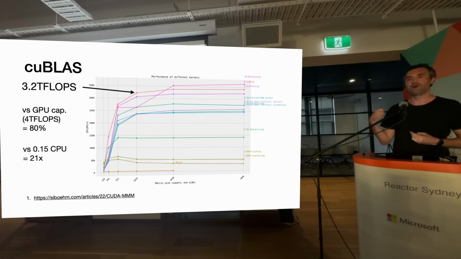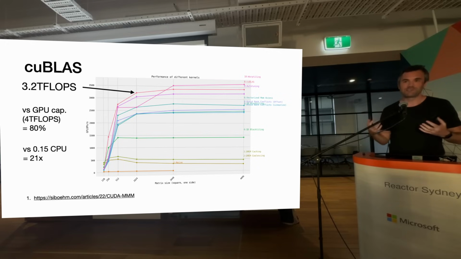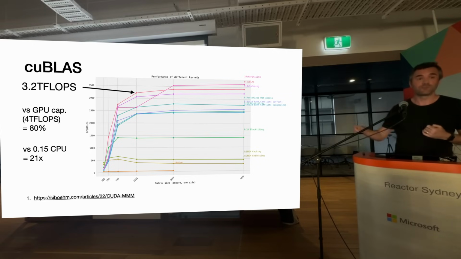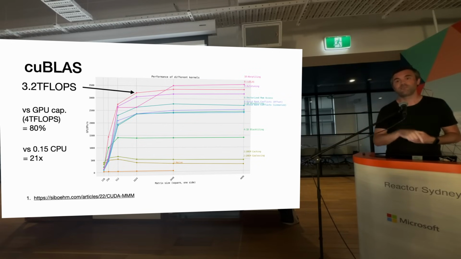Compared to our CPU from before, even with multi-threading, that's 21 times faster. This is a baby card, though, compared to what's out there. I looked just before. A 4090 has about 80 teraflops, so 20 times faster again. Then you get into the serious cards, the enterprisey cards. They actually have very bad floating point 32 performance because they have specific instructions for floating point 16, so half precision. And they're hitting maybe 150 teraflops. And the new ones are coming out, I think, maybe over 200. So this thing is happening, and it's happening a lot.